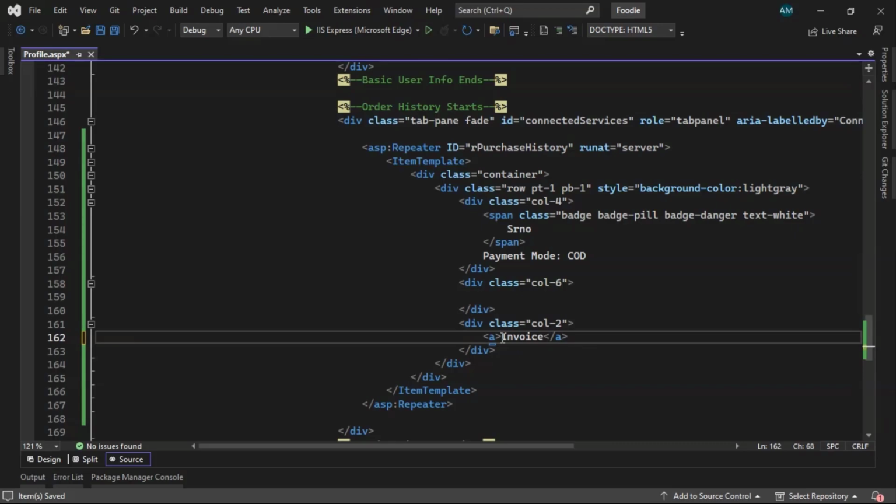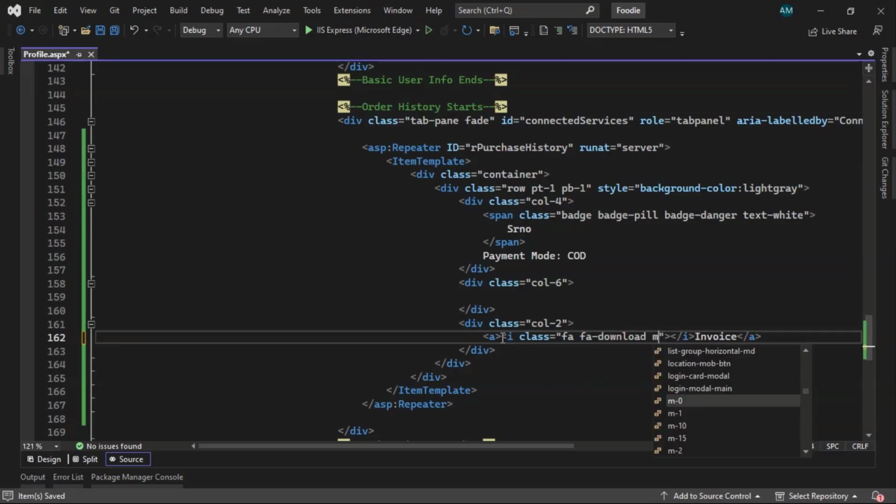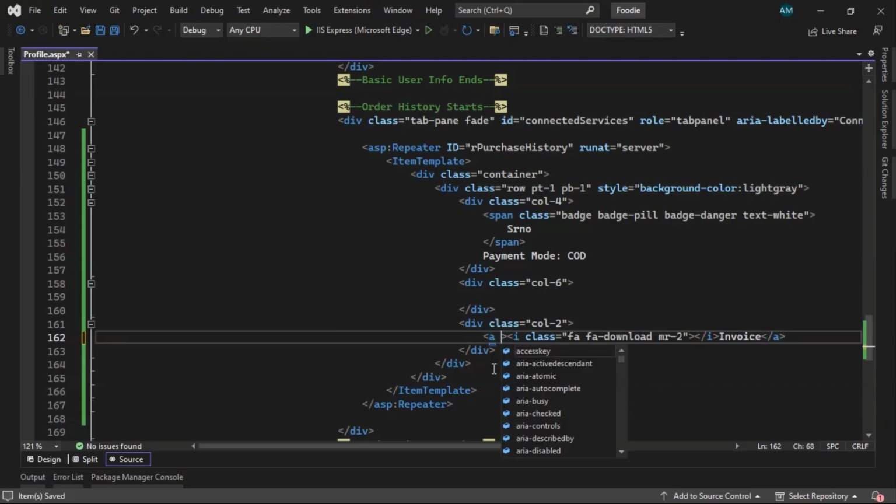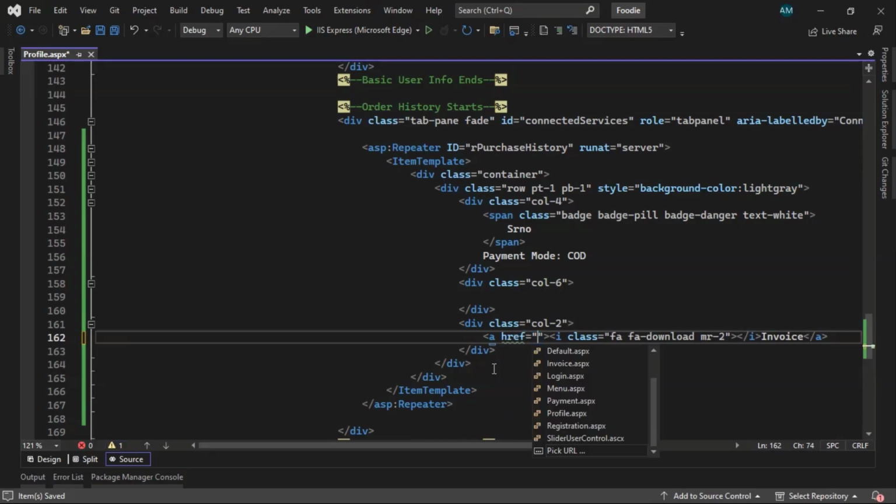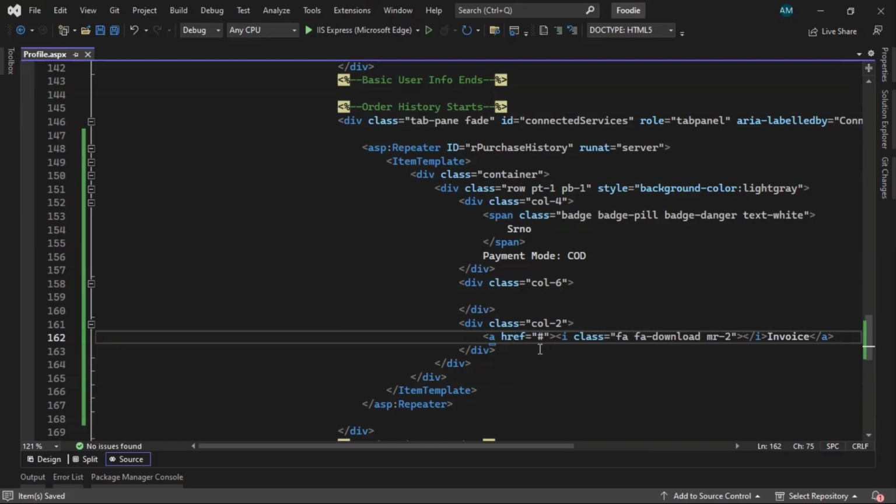So let's take here I tag with class font awesome, that is font awesome download, I think, let's see there, yeah, font awesome download. Let's take margin 2,